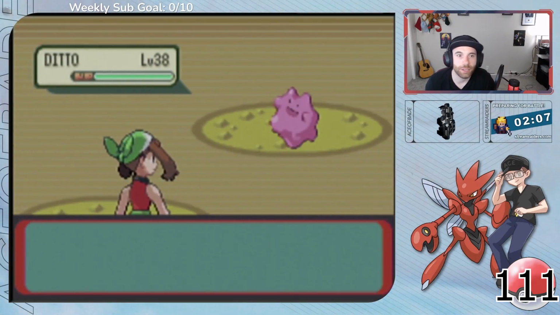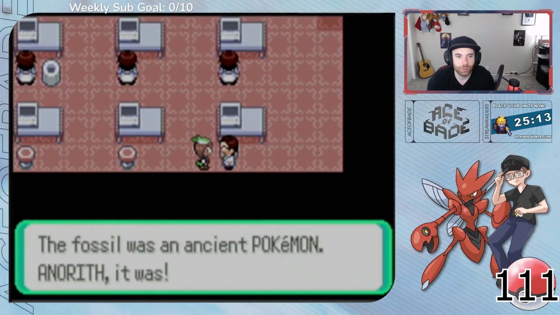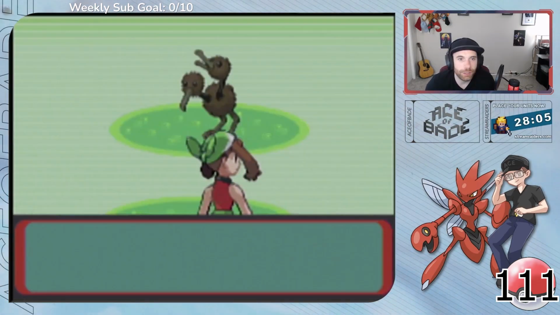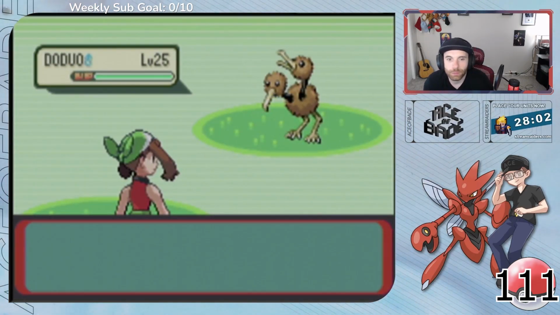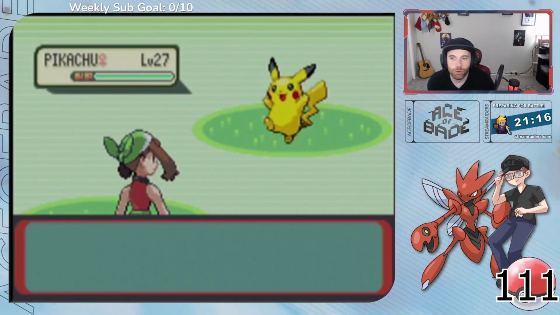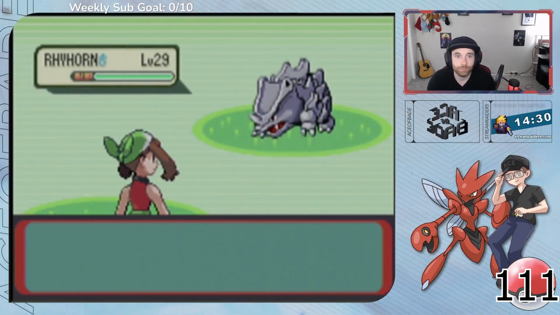Starting with the desert underpass, we catch one Ditto and pick up the Root Fossil, talk to the dude in Rustboro to revive Anorith and Lileep, hatch 2 Mudkip. In the Safari Zone, catch 1 Doduo, 1 Natu, 1 Girafarig, 2 Pikachu, 1 Wobbuffet, 2 Psyduck, 2 Rhyhorn, 1